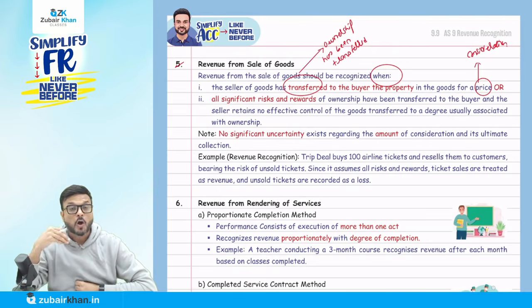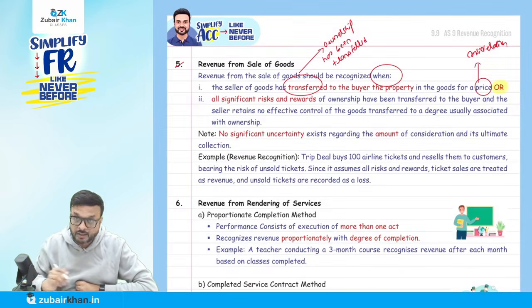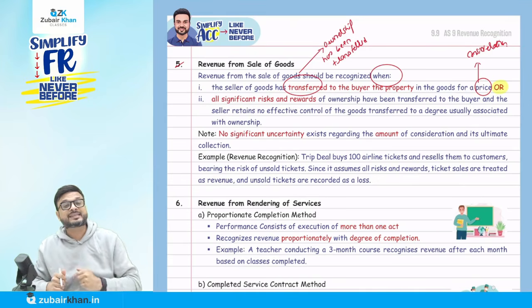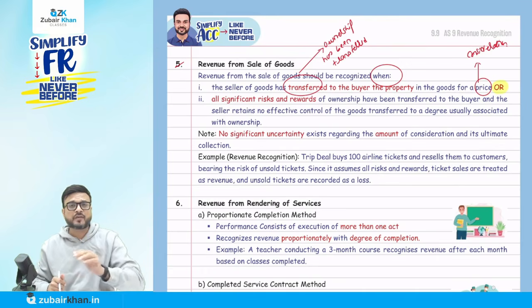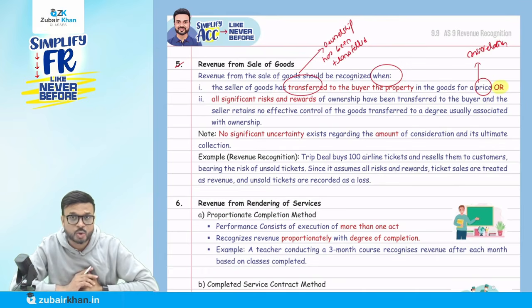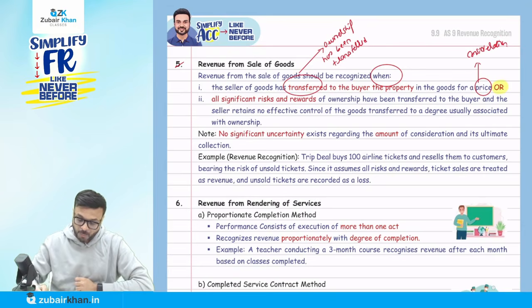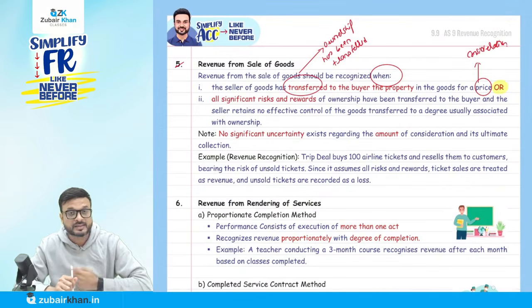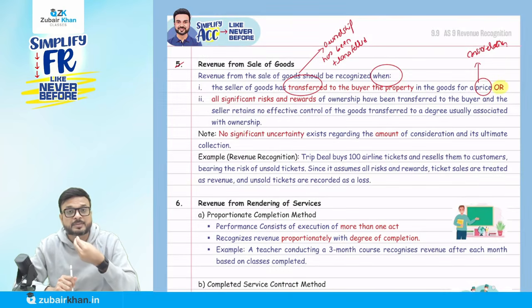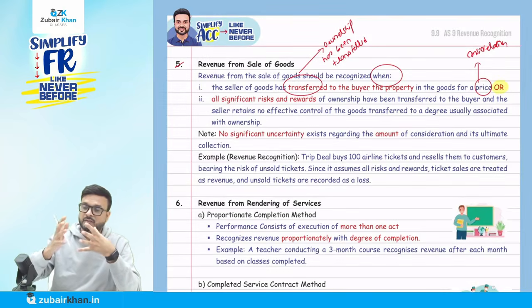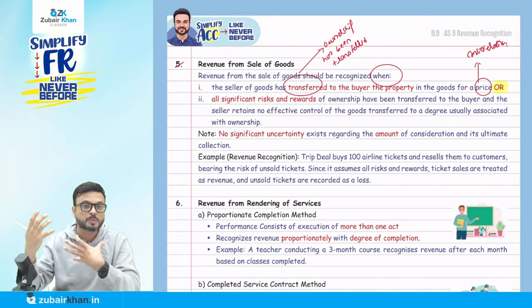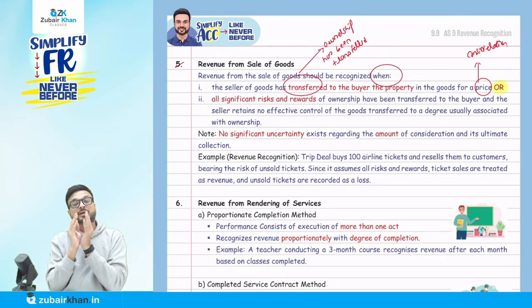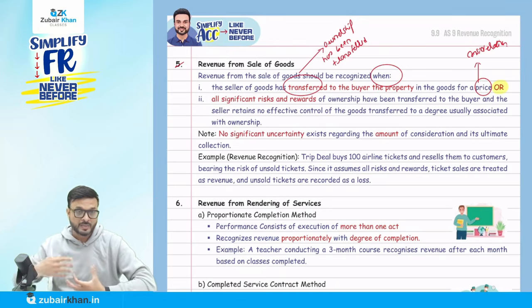Goods we are talking about. Or, listen carefully, they say or: all significant risk and reward of ownership have been transferred to the buyer, and the seller retains no effective control of the goods transferred to a degree usually associated with ownership. So what they are saying in point 2 is that generally the risk and reward which is associated with ownership, as if the owner behaves like it belongs to me, have been transferred to the